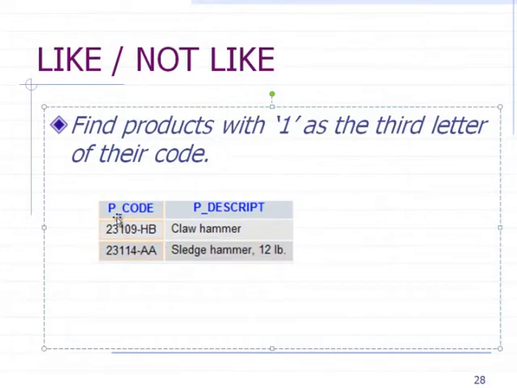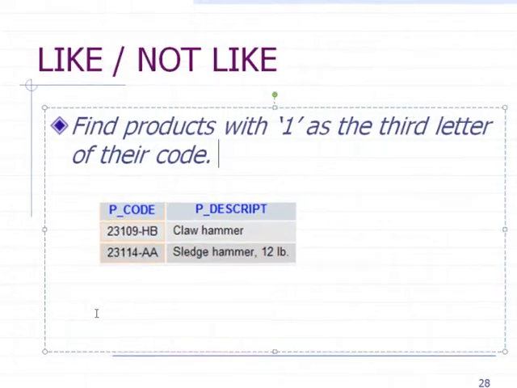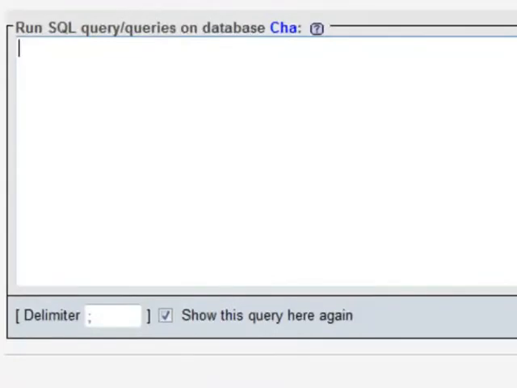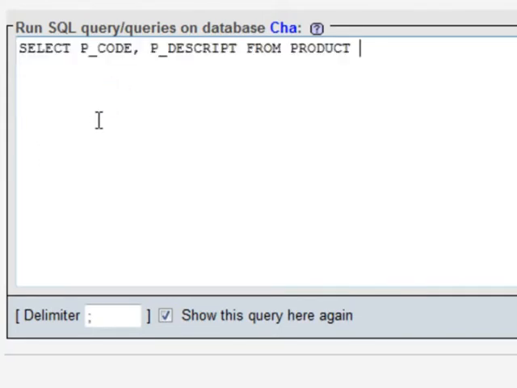But in front of 1, there are only 2 characters. So how can we write down SQL statement in query window? We will select let's say P code and P descriptions from product table. So let me write down select P code, P description from product, and then the condition is where,